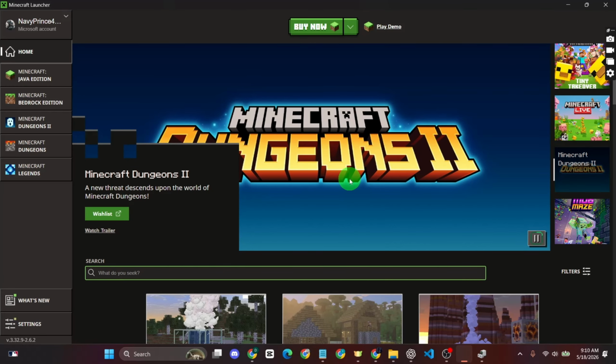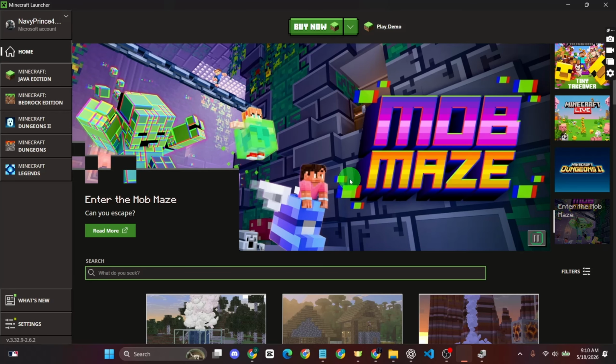And that's it. We just learned how to fix Minecraft failed to write core dump error by freeing storage space, using administrator mode, updating driver, and